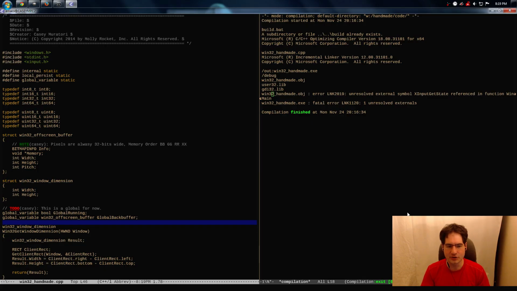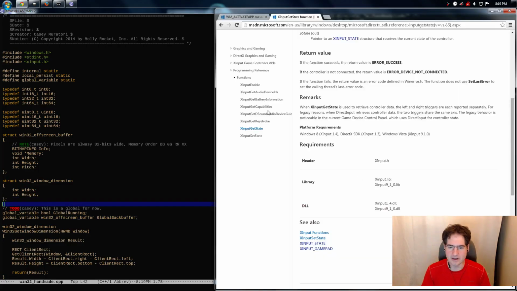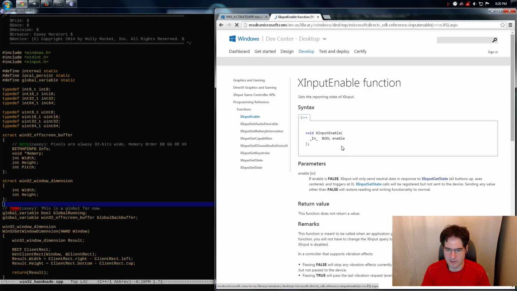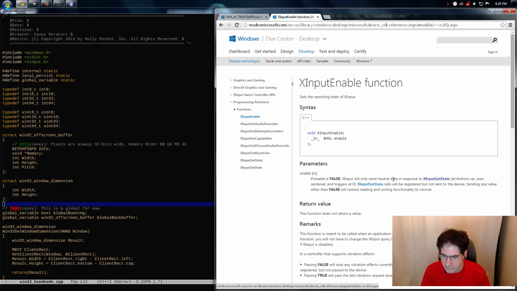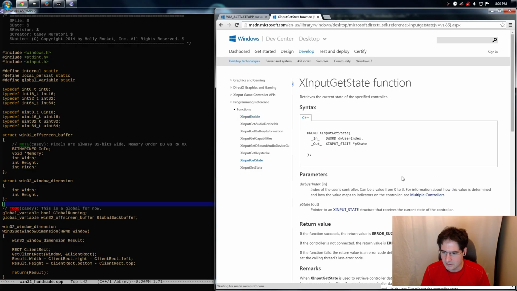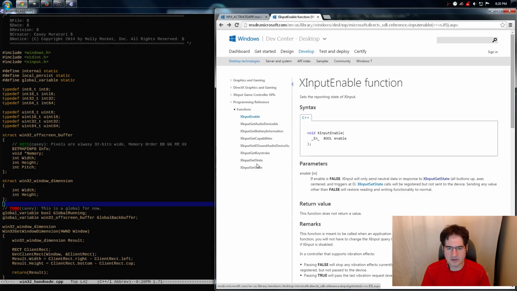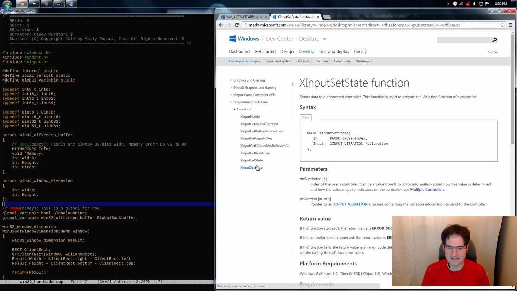And this is actually a really simple process, especially in a circumstance where we have such a small number of functions that we actually need to deal with, in this case possibly only 2 total. I'm looking here, let's see, what is XInputEnable? Do we need to call this? In response to get input state, state will be registered but not sent to the device. I don't know if we need that one, but pretty much we're going to need get state and set state